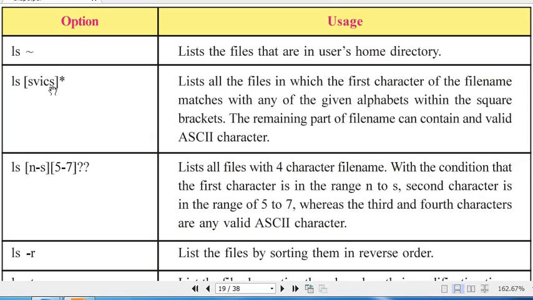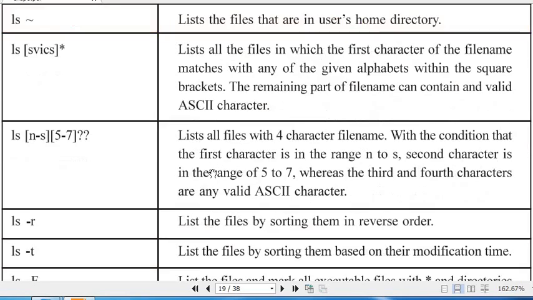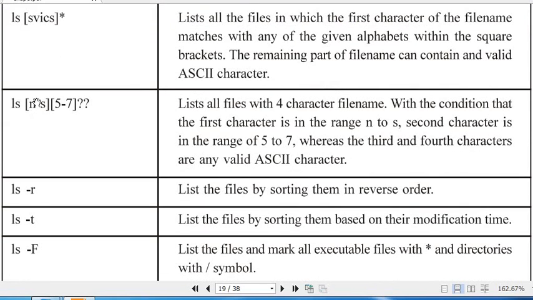Now again, why they have used S twice, I don't understand. Fine. Then the next thing is ls space square bracket n to s. This is showing a range, that is alphabets from n to s, square bracket close. Second is the range of numbers 5 to 7, square bracket close, and then a question mark.